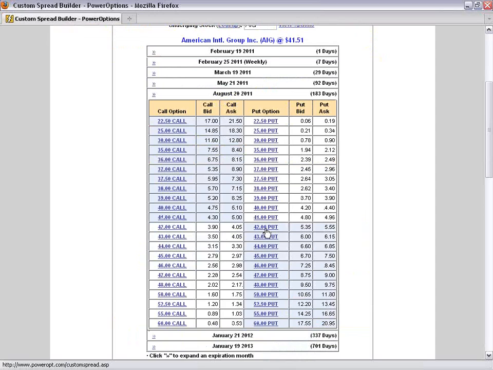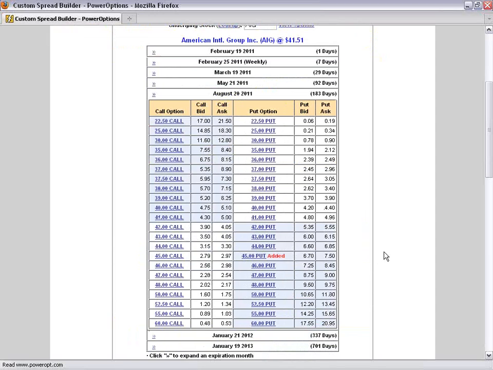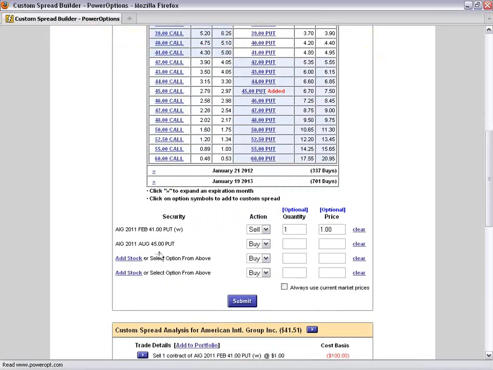I said we do have single strikes, but I said 45 put, so let me go ahead and add that in there, and right now the cost is $7.50. So I'm going to buy an August 45 put for $7.50. All right, well, the bid-ask is kind of wide, so let's just call it $7. Let's keep the numbers even. And let's go ahead and click on Submit.